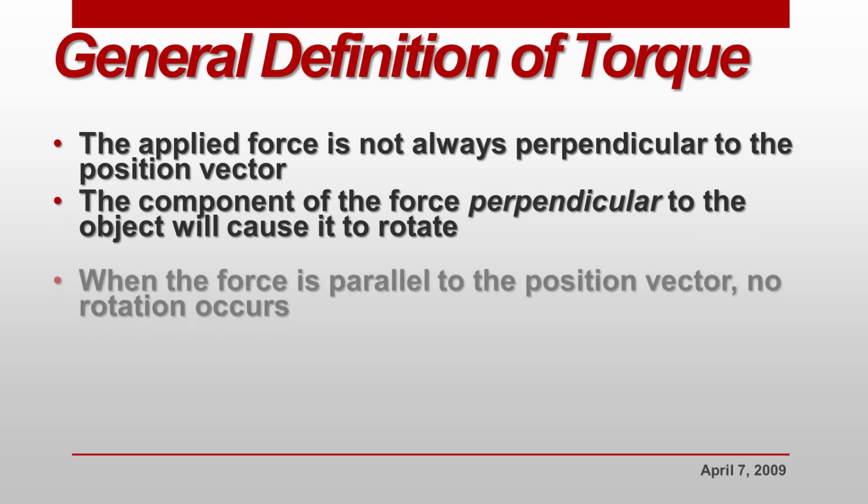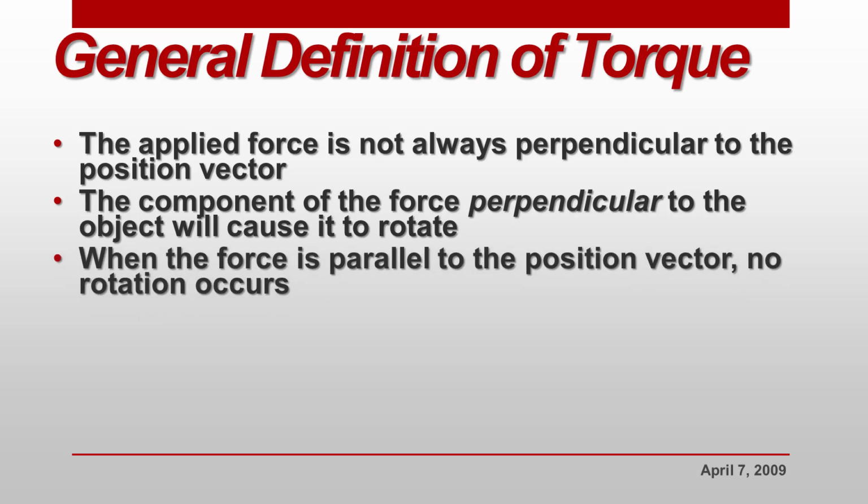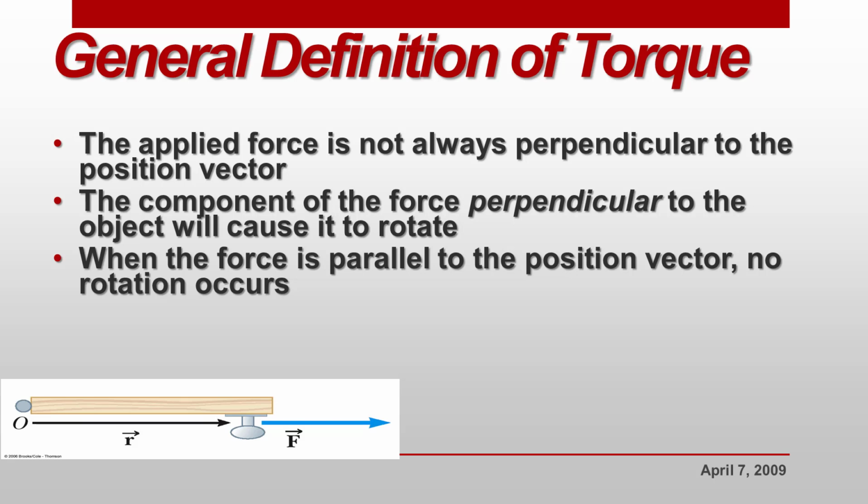We will see how. When the force is parallel to the position vector, no rotation occurs. You can see this: if we are pushing the door in this direction, will there be any rotation? No, there will be no rotation caused in the door. You can do it practically, perform this. If we are pushing the door in this direction, we are basically applying the force parallel to the position vector